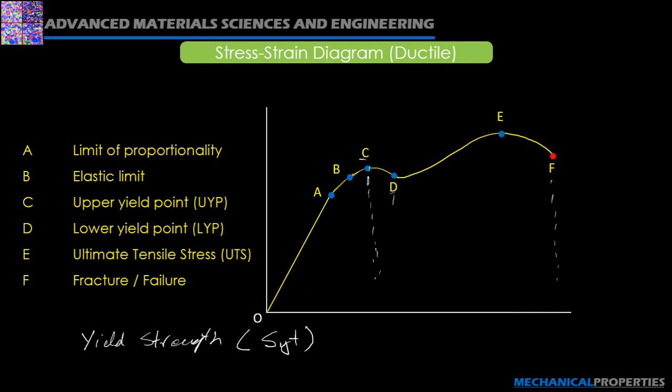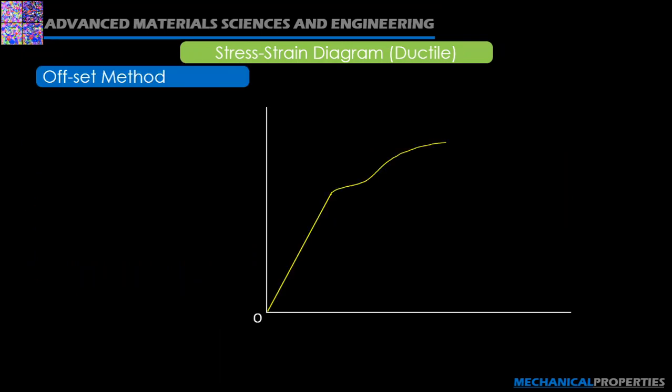Now for many ductile materials, the lower yield point is not so significant. To calculate that, the offset method is used. Now in this stress strain diagram we see that there is no significant point which we can say is the lower yield point or the yield point. So for this case the offset method is used for the calculation of the yield strength,